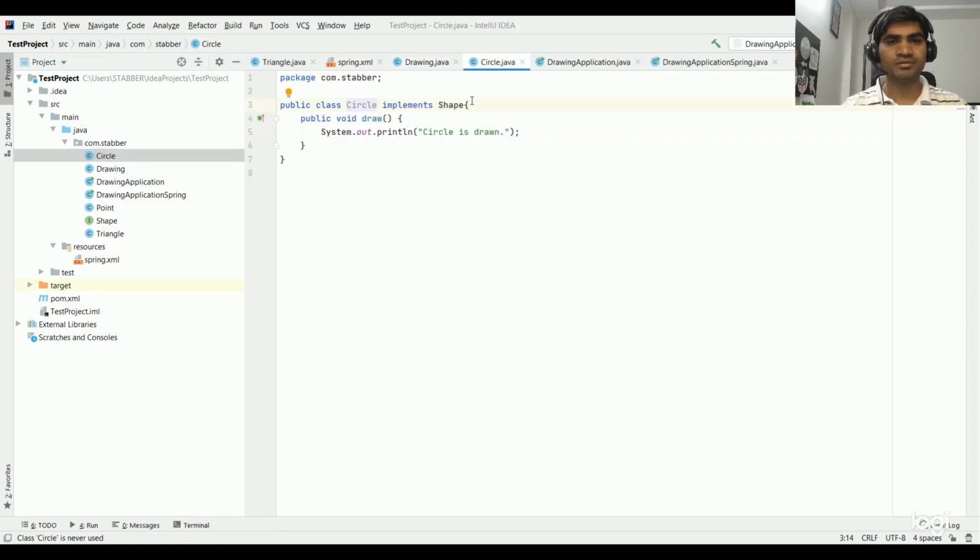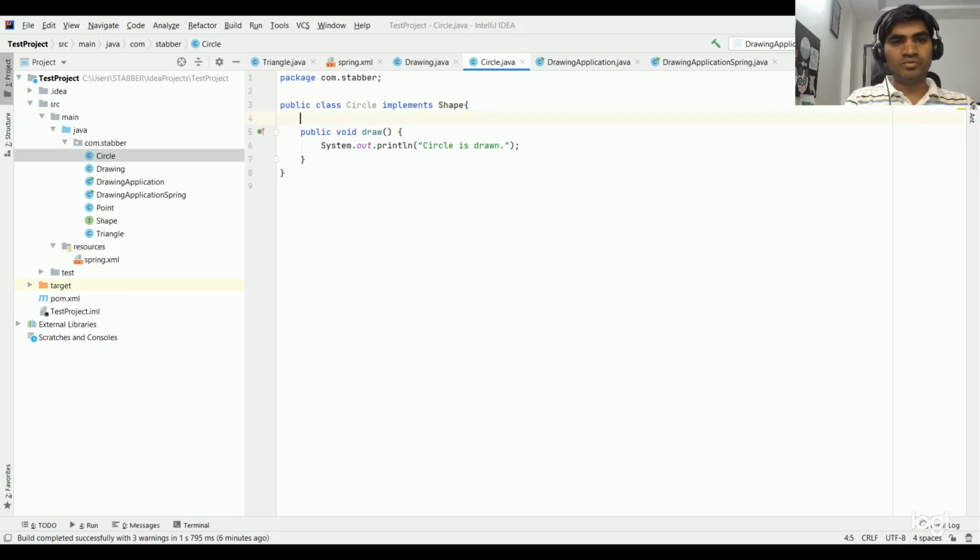We'll try to draw a circle with the help of a center. Let's declare this point, and we'll call it circle point, right? Now we will create the setter and getters for this variable,